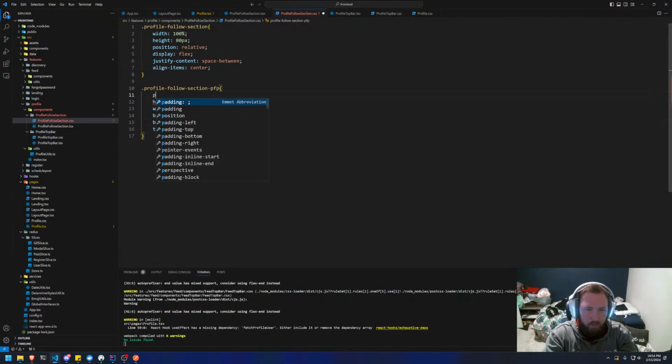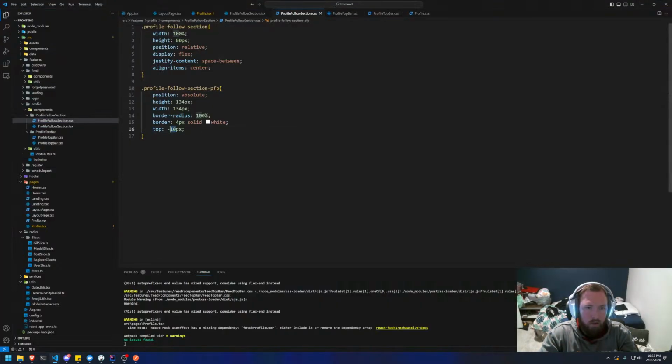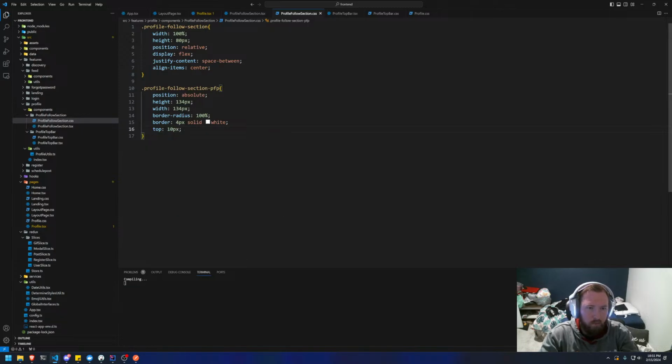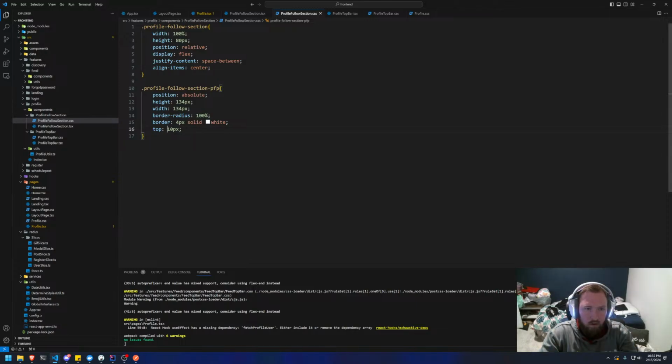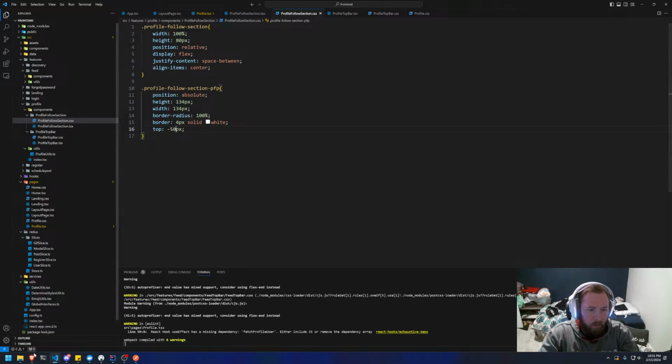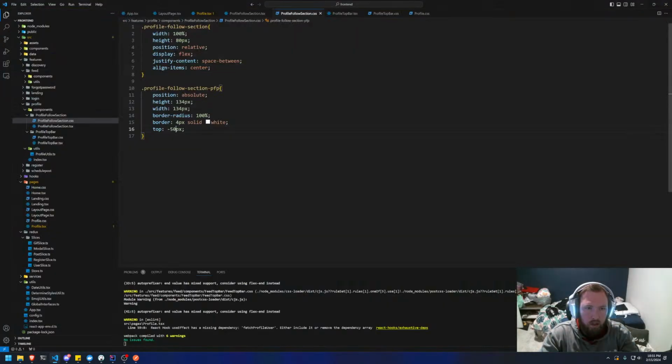I think we need to say position is absolute. Okay, it did move it. It broke some other stuff. So if we go back to top 10 px, it moves. Now I'm a little bit concerned that this is going to make it so it won't move with the page. Okay, it is moving, and we want it to be about centered. So I think maybe we say top minus, so this is 134, so that'd be like what,